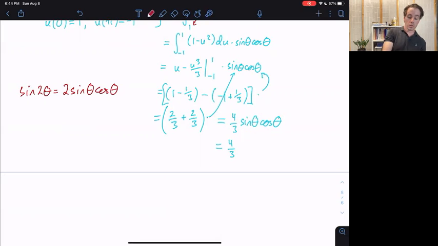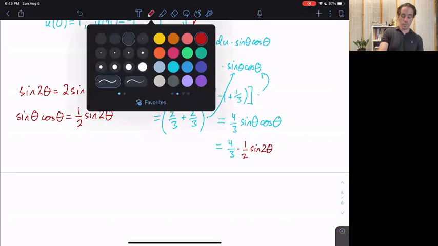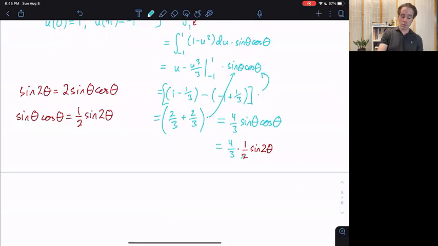So I'm going to divide both sides by 2 to get this identity: sine theta cosine theta equals 1/2 sine of 2 theta. And this is much easier to integrate. So this will be 4/3 times 1/2 sine of 2 theta, but that reduces, that becomes a 2, and you have 2/3